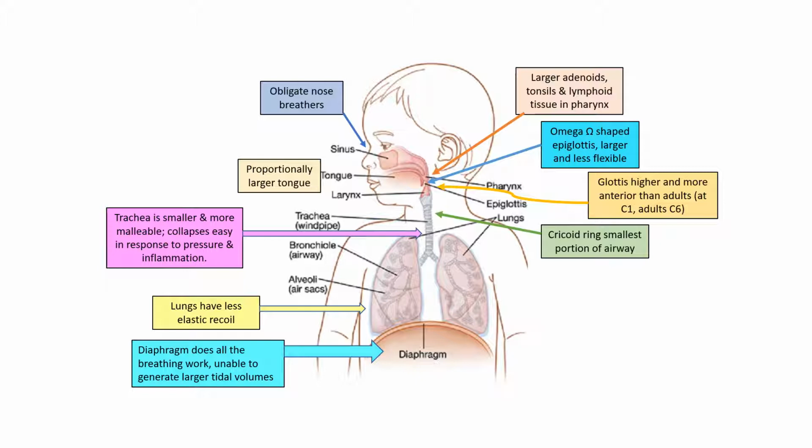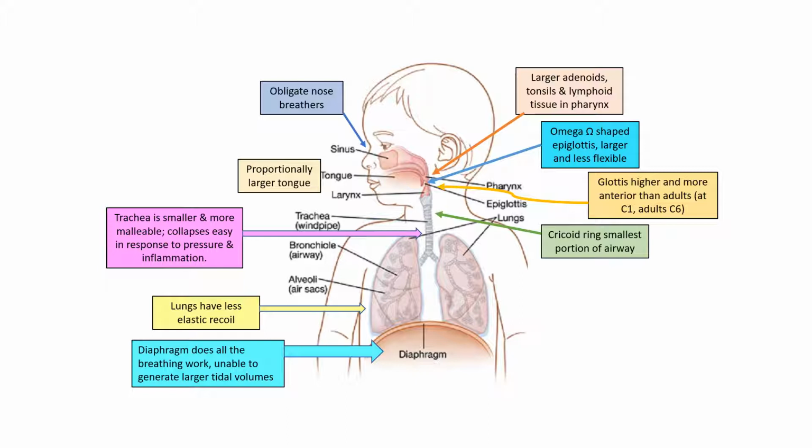The cricoid ring is the smallest portion of the airway in the child. The trachea in the child is smaller and more malleable. It collapses easily in response to pressure and inflammation. So as a child increases its thoracic pressure in response to respiratory distress, it's going to collapse more easily than